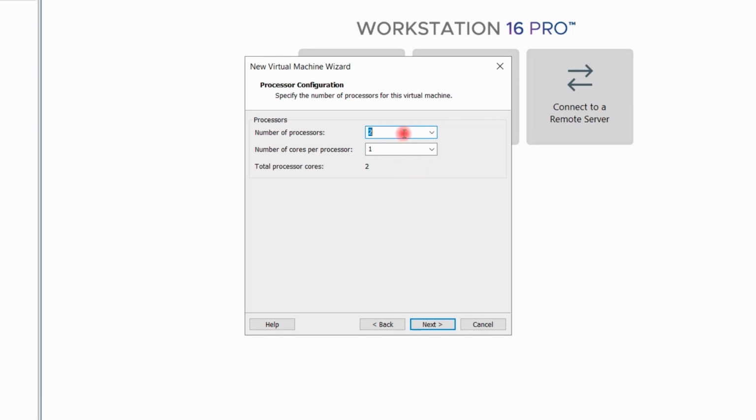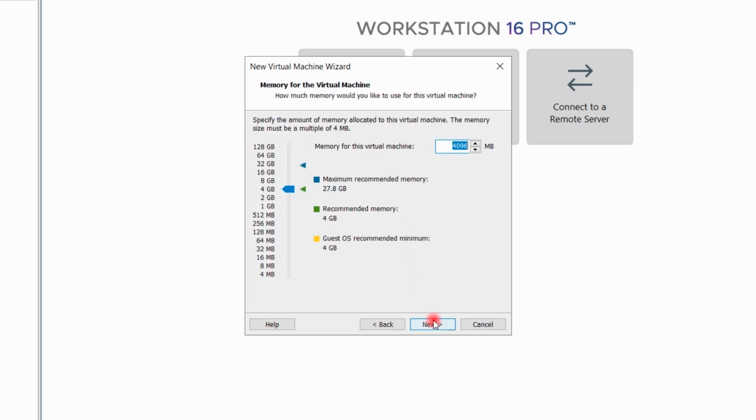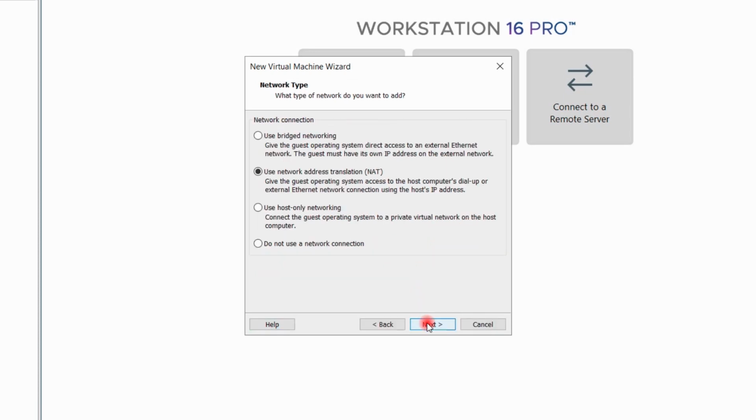Number of processors I will select 1 and cores I will select 4. Next, memory I will select 8 GB. Next, use bridge networking.